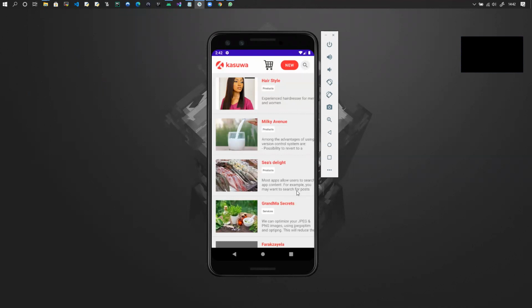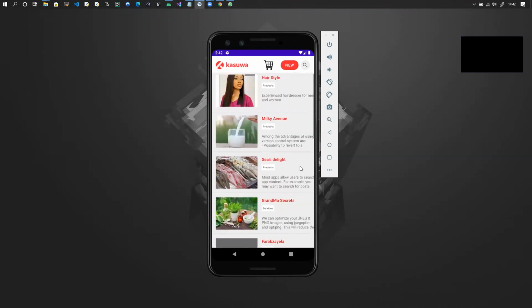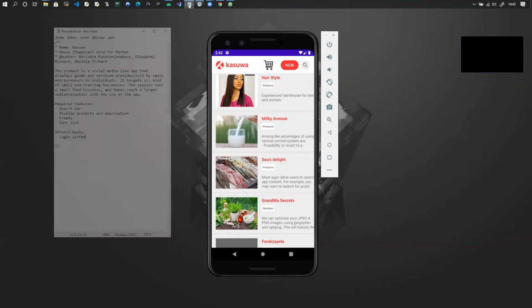So, okay, there we go. So here we have this list. Here are the items that were created by different users of the app. On the top left, we have this logo. Then we have this cart button. It does work perfectly right now, but it is still improvable. Then we have this new button. This is used when the user wants to add a new item. And lastly, there is this search button, which is among